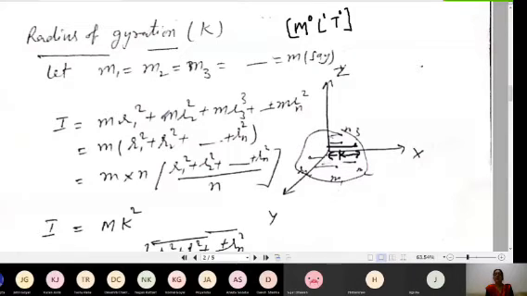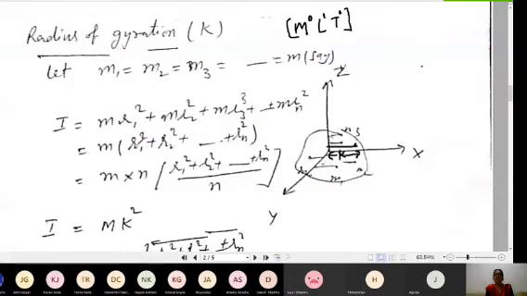Fine. Now, if I find the moment of inertia, by the definition, it is equal to the sum of the products of the masses and the square of the perpendicular distances for each particle. The particles are at different distances, though their masses are the same. So the distances are R1, R2, R3, and so on. If I put in the values, I get this expression: m I have taken common, and inside the bracket I get R1 square plus R2 square plus so on, Rn square.